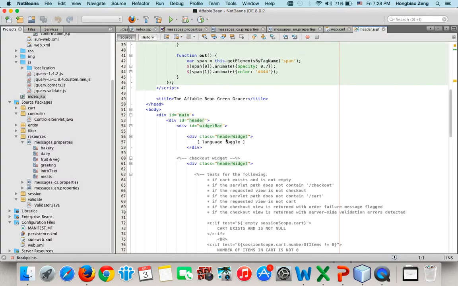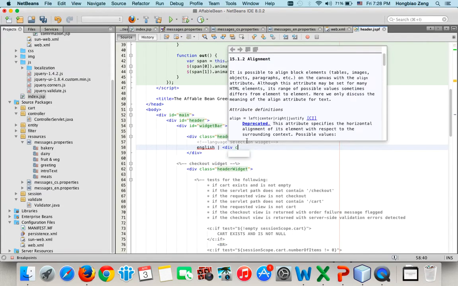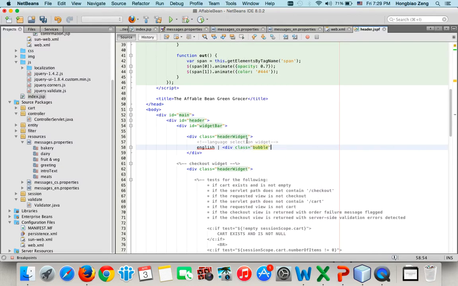Then I need to go to this language toggle. I want to implement this language selection widget. I press Command slash, like this, it becomes a comment. Now here, I want to display, suppose default English, then I will have a div class equal bob, then I will have a link href equal choose language, question mark, language equals CS,